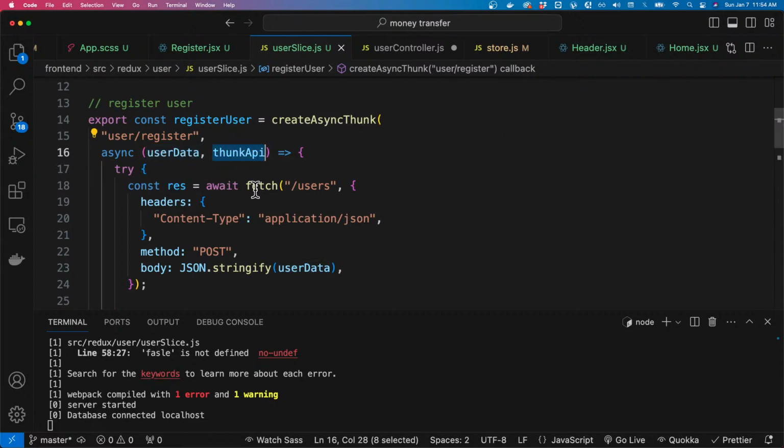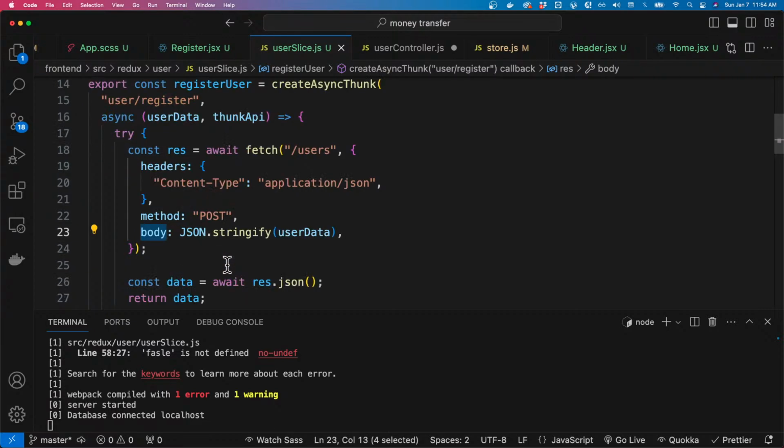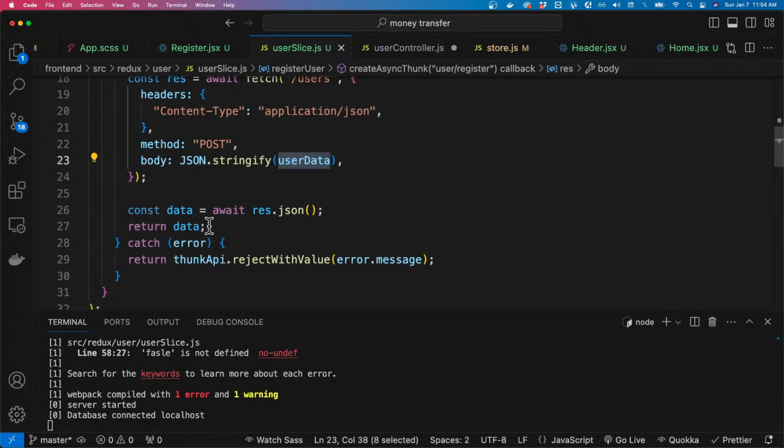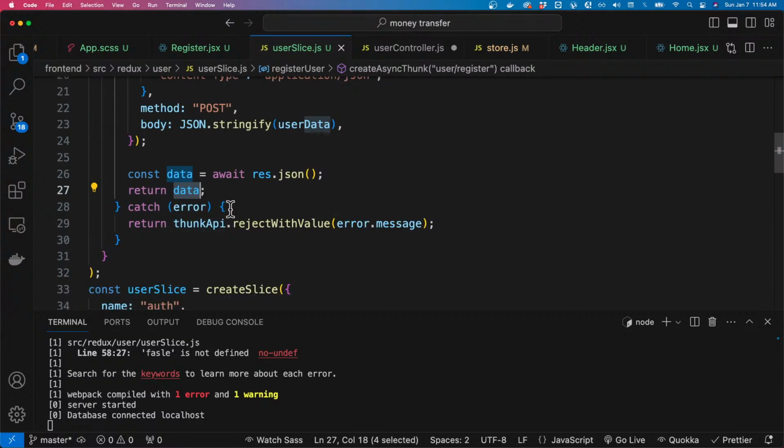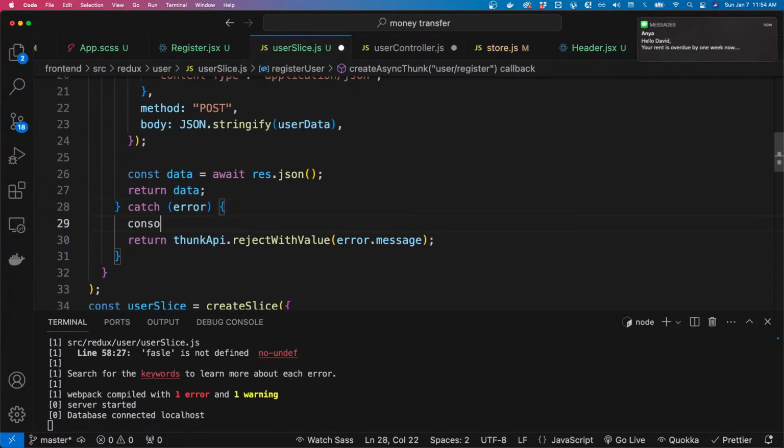We make our fetch request by going to /users, then define the content type, which should be application/JSON. The method is post. The body will be, remember we have to stringify the user data, and then we try to get a response from the server, and then we return the data. And in case that there is an error, first of all,